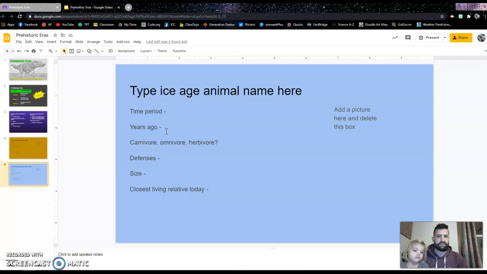And then the closest living relative today, I think you'll probably find more of those than you did with the dinosaurs just because they're closer in time to us than the dinosaurs were. So spend some time on that. You know what to do on the picture, find a realistic one. Again, on the sketch, take your time, make sure it looks real, as real as you can, and you'll do great. So again, check out the stream for your partner and your work, and take the time, do well,